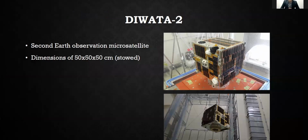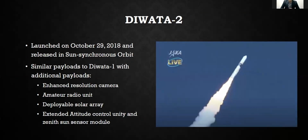So after the WaterOne, the WaterOne, which is also part of the Phil Microsat program, was also developed, which is our second Earth observation microsatellite. So its dimensions when stowed is 50 by 50 by 50 centimeters, as you can see in the images on the right. So this one is more cubic in its shape. It was launched into space on October 29, 2018, and